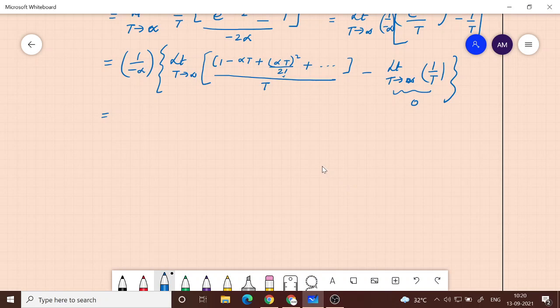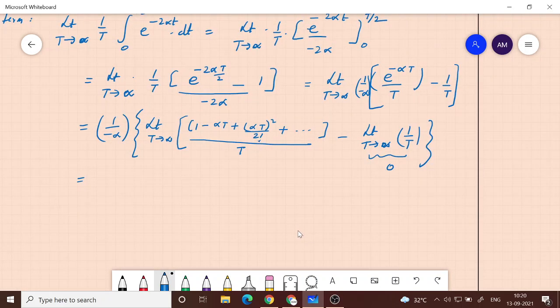Is it at alpha or infinity? No, alpha is a positive number. t tends to infinity. This is alpha, so alpha is this, infinity is this. So the limit is with respect to infinity, so don't confuse. So maybe we'll write more appropriately like this. We should have used some other symbol to avoid confusion, but just keep that in mind.